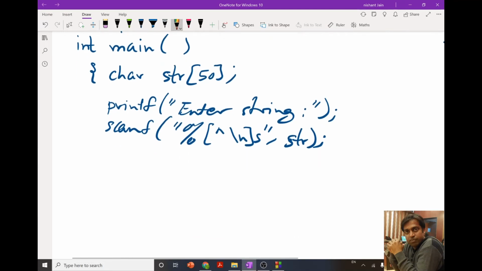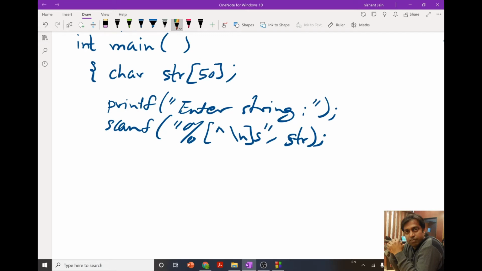After entering the string, I have to prepare my string by removing all the spaces and by converting the capital characters into small characters. To do that, what I can do is